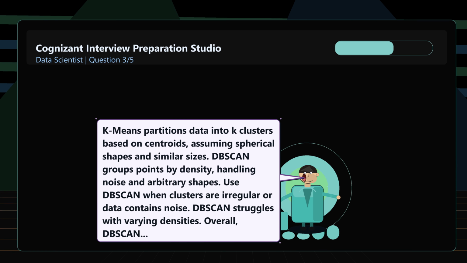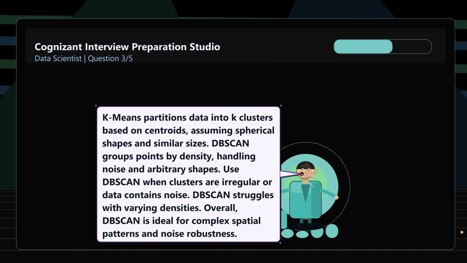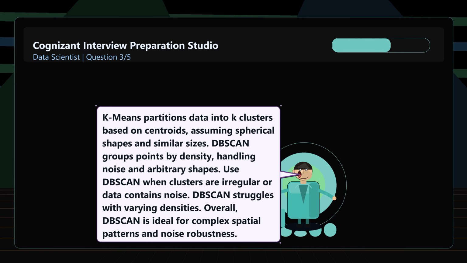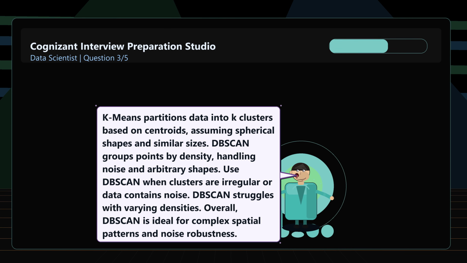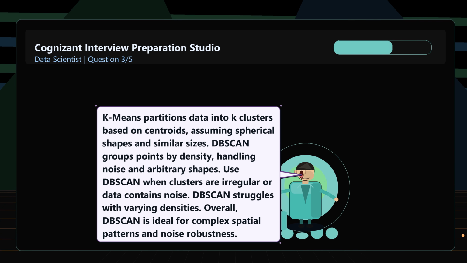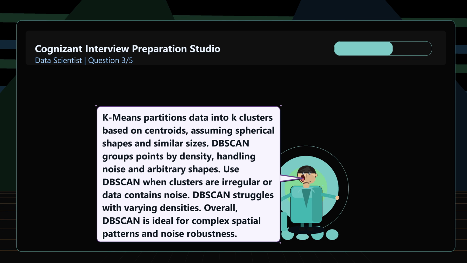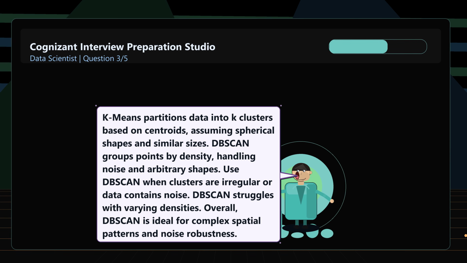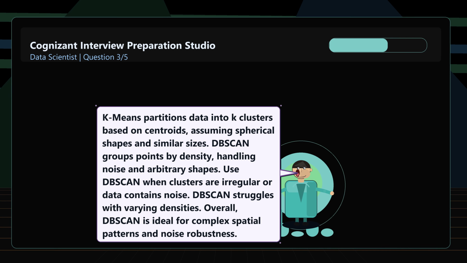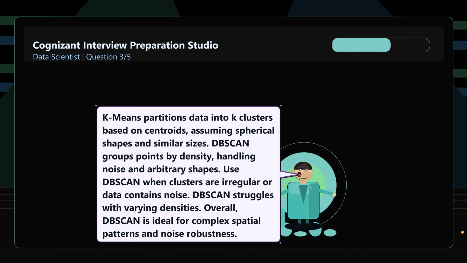K-means clustering works by assigning data points to K clusters based on proximity to centroids, assuming clusters are spherical and similarly sized. DBSCAN, on the other hand, groups data by density, identifying dense regions as clusters and labeling sparse points as noise. I prefer DBSCAN when dealing with data that has irregular cluster shapes or noise since it can handle